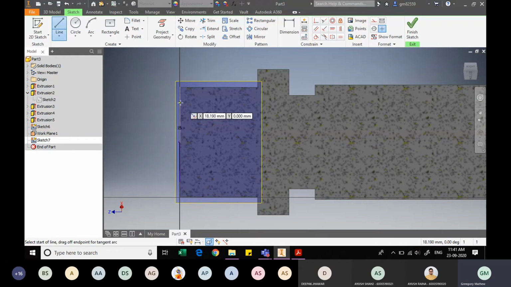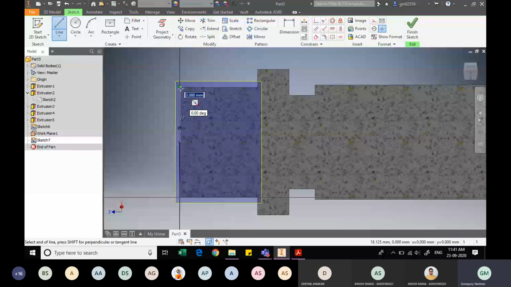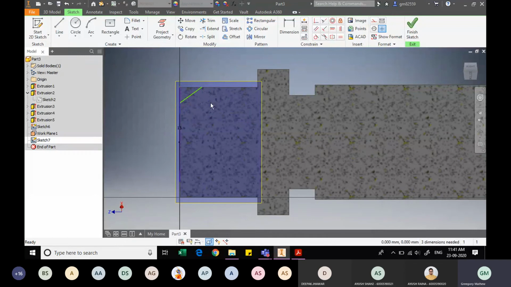So you see, this is where the circle ends. You see this blue line. So from here, okay, my middle portion is pending. I will just complete this.